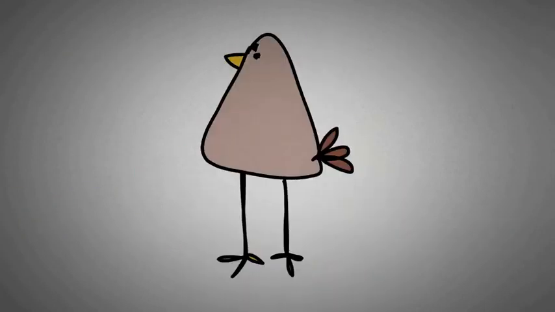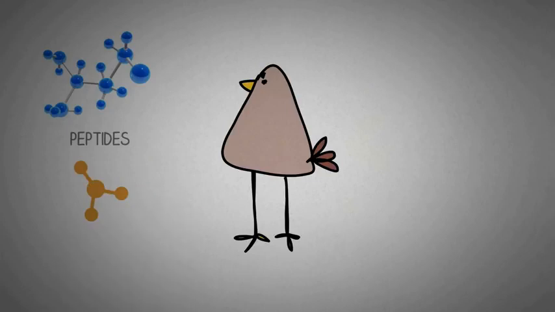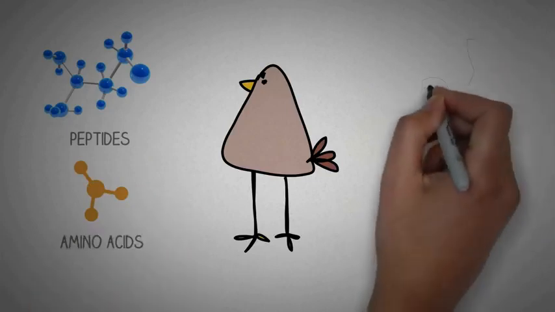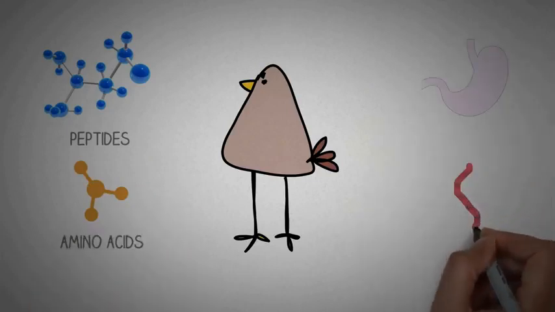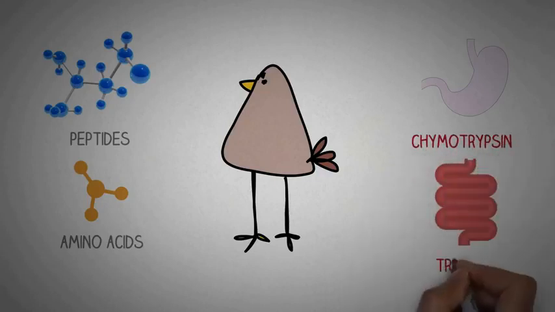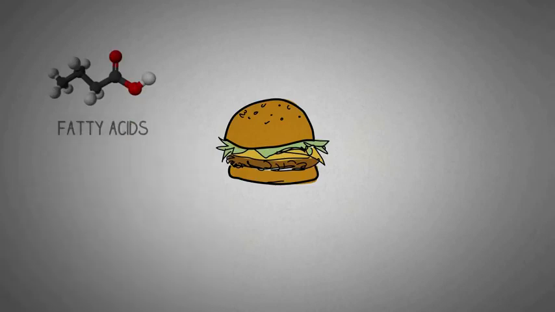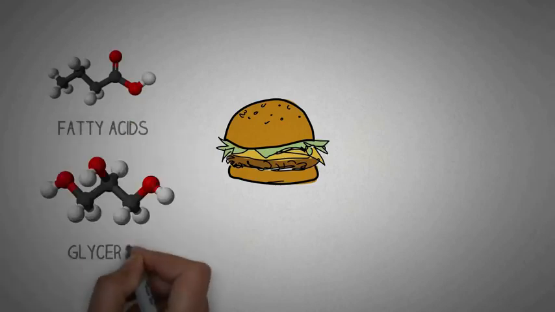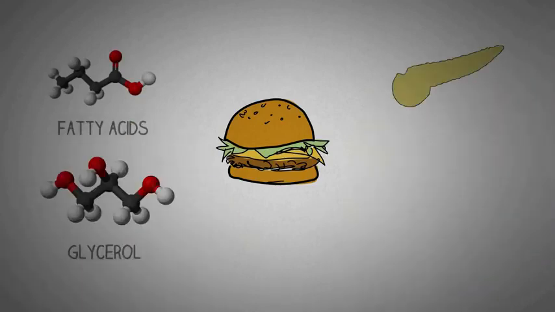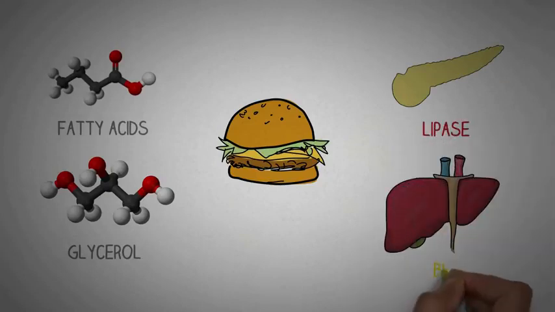Now, if we talk about proteins, these proteins are converted into peptides and simple amino acids by the action of many enzymes from the stomach and small intestine. The main enzymes which act on proteins are chymotrypsin and trypsin, which are pancreatic enzymes. The fat in our diet is converted into simple molecules like fatty acids and glycerol by enzymes from the pancreas and liver. The pancreatic enzyme lipase is the main fat digesting enzyme, whereas the bile from the liver helps to